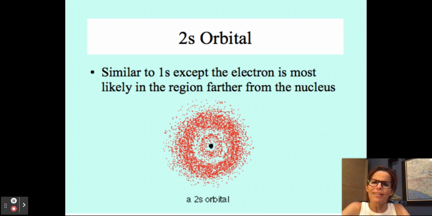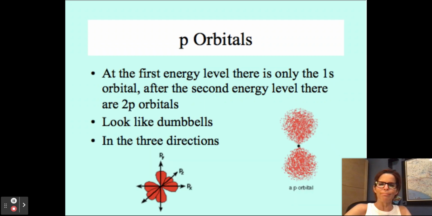Sorry, I shouldn't even be mentioning that. It could be. So this is the area where the electron is most likely to be found, but it does not travel in a circle the way Bohr was imagining. It is not like the solar system at all. Not that there's circles anyway, but